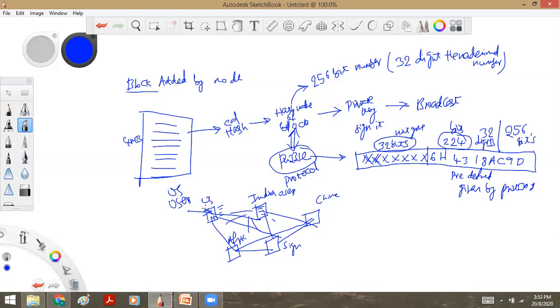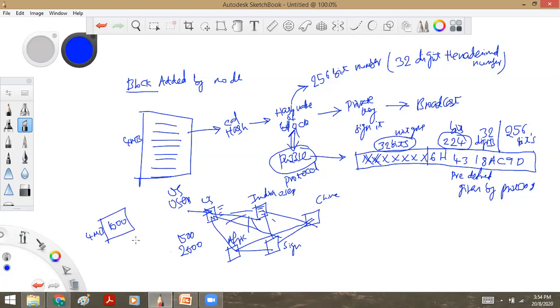So every node at a given point of time will have a different set of transactions. Even though all the nodes in the network will validate every transaction, the new transactions which are yet to be added to a block will be different for different nodes. Imagine a block is 4 MB in size, which can typically hold 1000 transactions, but the overall network will have at least 1500 or 2000 transactions. Example.